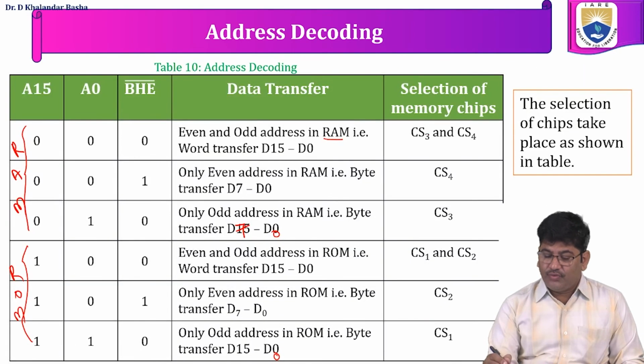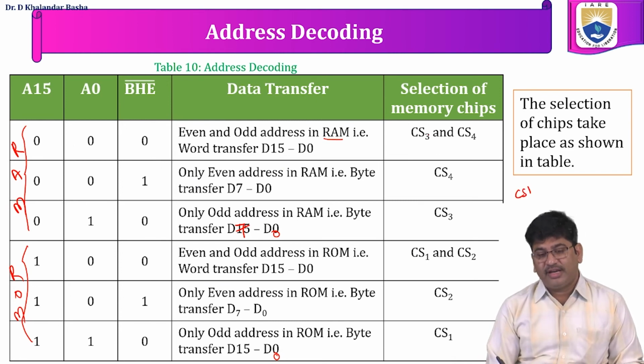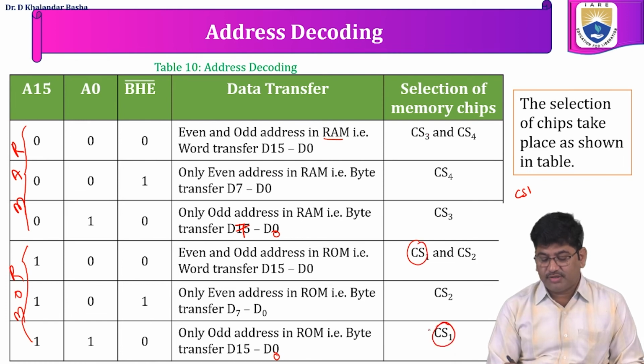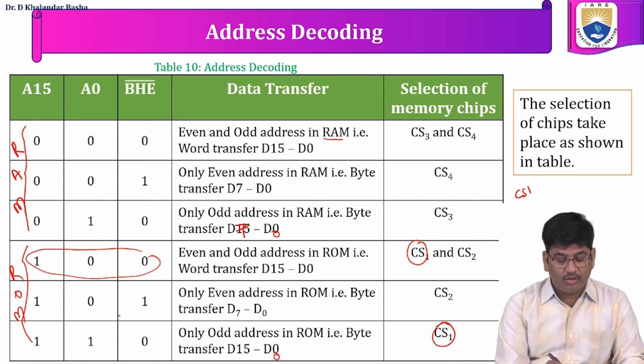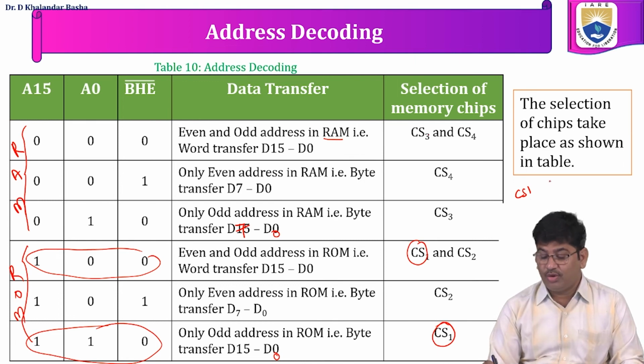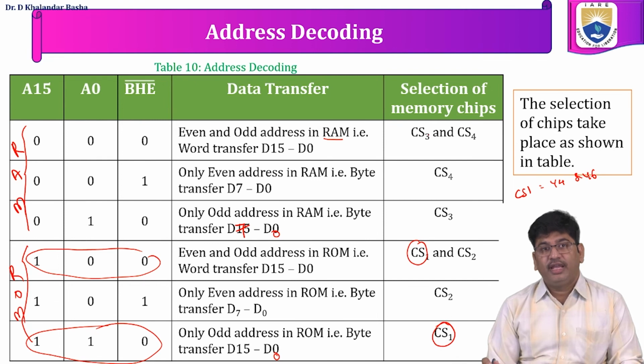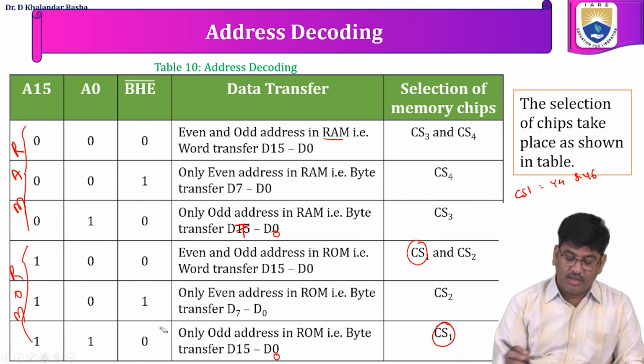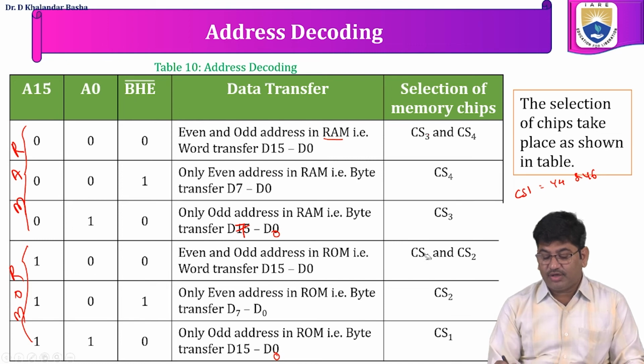Now here, for enabling the chip select 1, if you observe the table, the chip select 1 will be enabled 2 times. If the combination on A15 A0 BHE bar is 100 or 110, in any one of the cases, the chip select 1 we have to enable. So this is an OR operation, and the decoder outputs Y4 and Y6 will be used for enabling the chip select 1. Next, for enabling the chip select 2,